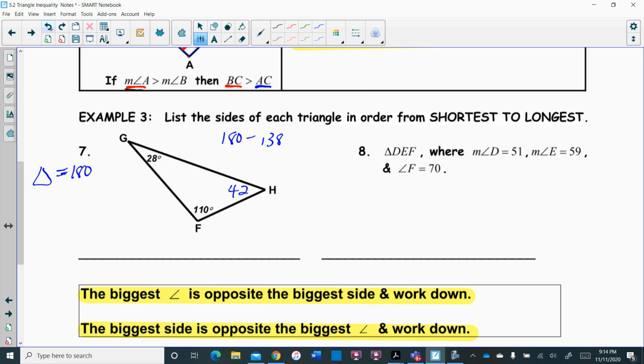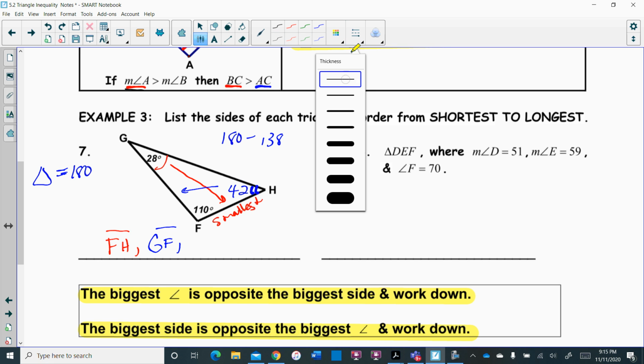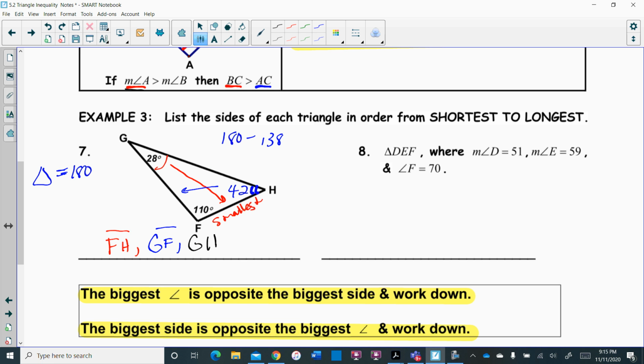Let me do it this way. This is our smallest angle. So we look opposite to get the smallest side. This would end up being the smallest side. So our smallest side, we would write FH or HF. Then we go to the next smallest angle. The next smallest angle right here is 42, and we look opposite, and so that would be GF. And then our largest angle is 110, which would give us our largest side is GH, because you have to